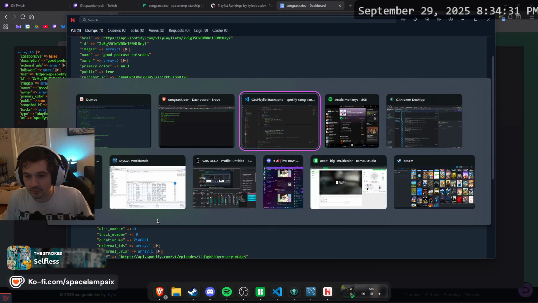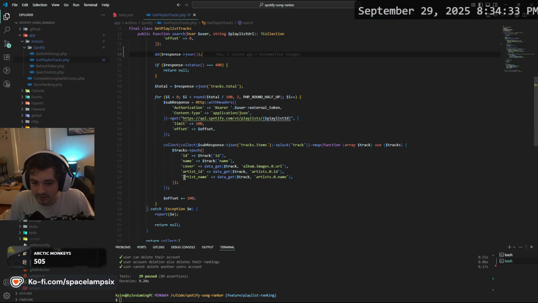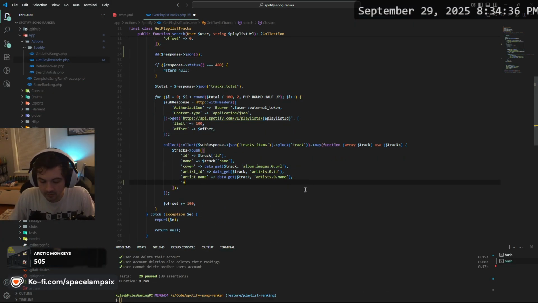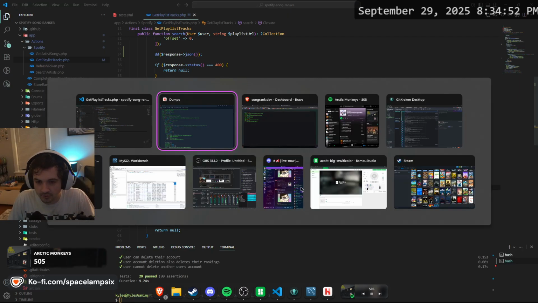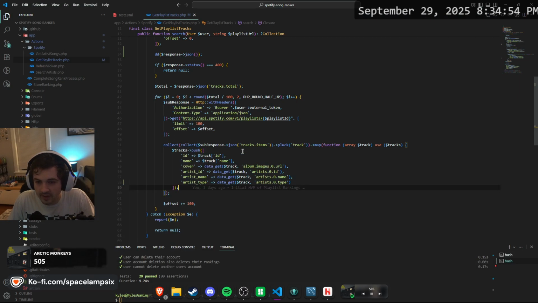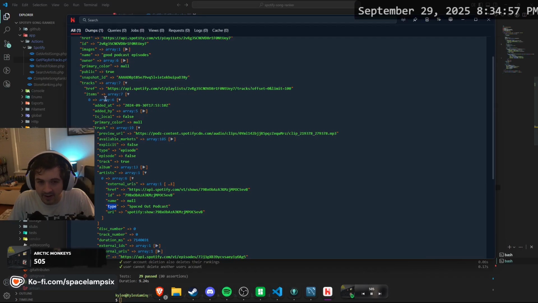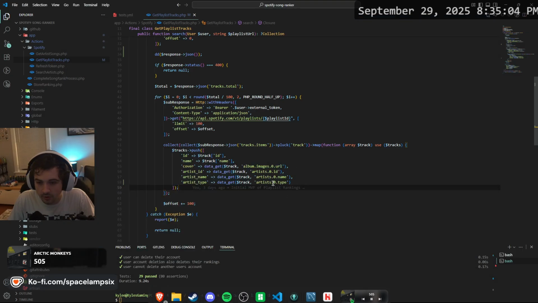Because what we can do in the code is get the artist type. Data get track artists dot 0 dot type. I'm pretty sure, because we are already in track items track items track artists 0 type.